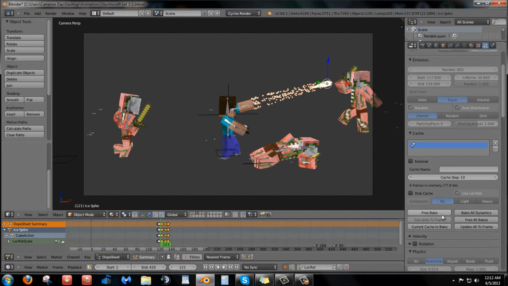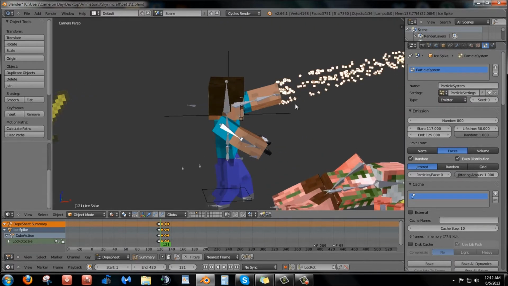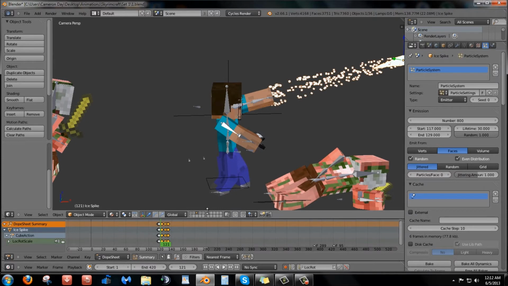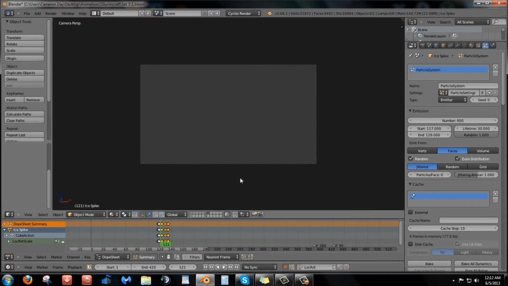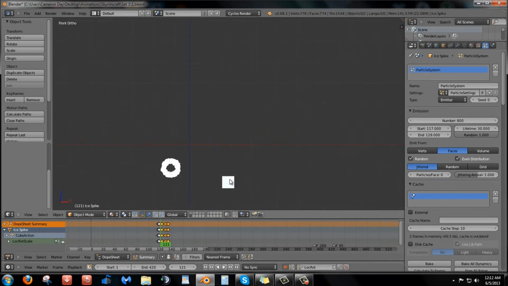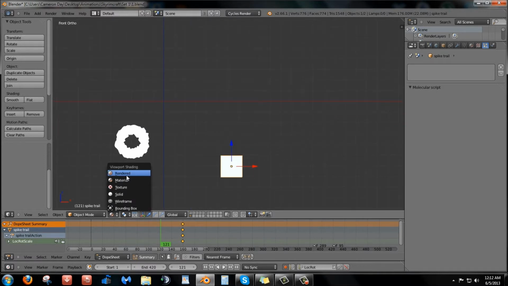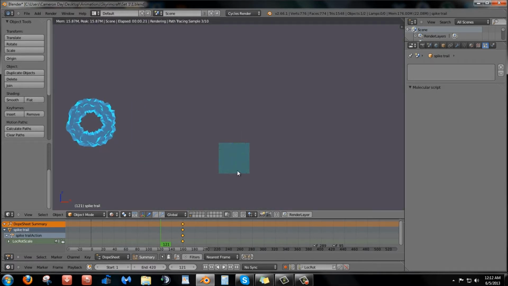Just gonna free the bake on it. Holy crap, free the bake. Basically those are just a bunch of cubes, and I think I have the cubes on a different layer that's just not seen right now. No, that's something else. This is basically the object I used for it. It'll basically look like something like this.